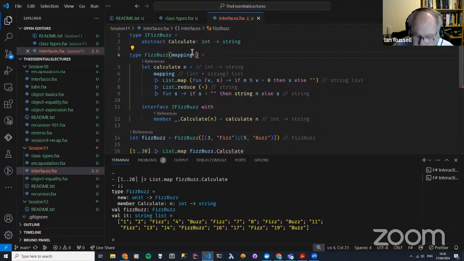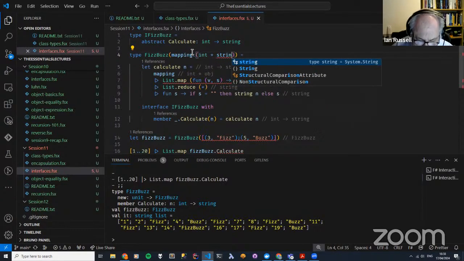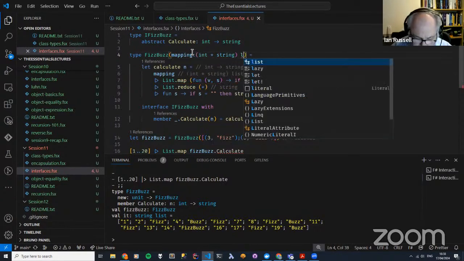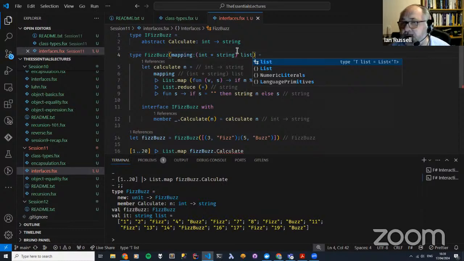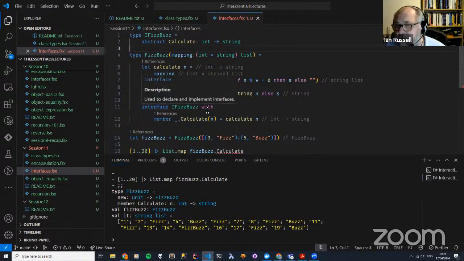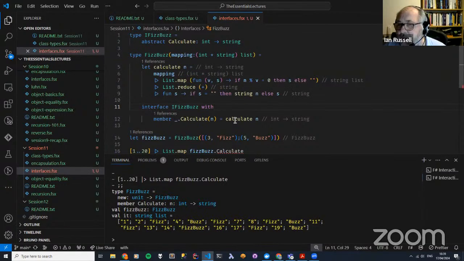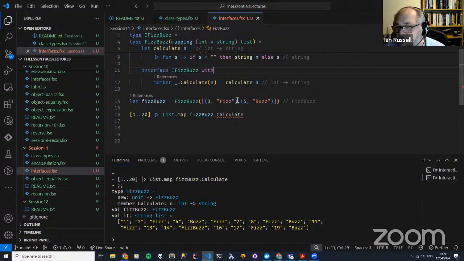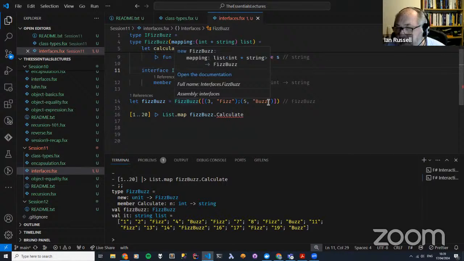Let's sort this out then. So that's a tuple of int, string, and it's a list, just to be explicit. And we put the interface in here, so we use interface, the name of the interface, and then we've got the member underneath. And if we scroll down, we create the FizzBuzz instance, and we pass in the